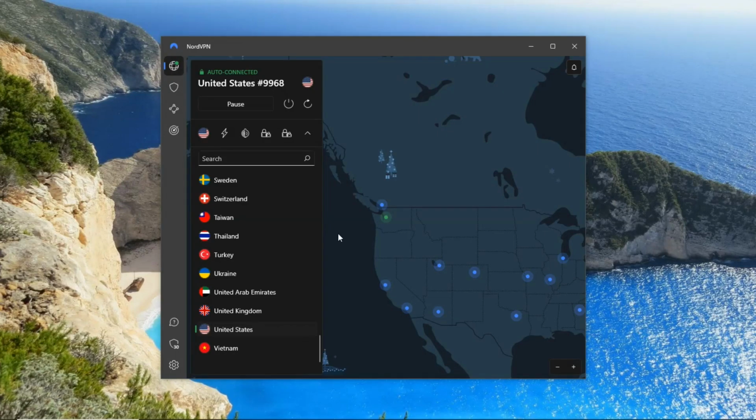So, there you have it, my review of NordVPN, everything you wanted to know about the service, its security, and